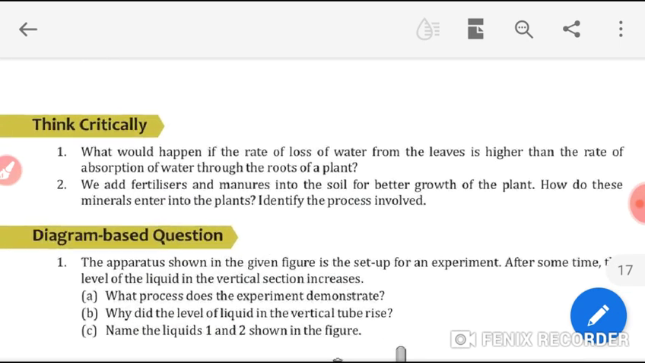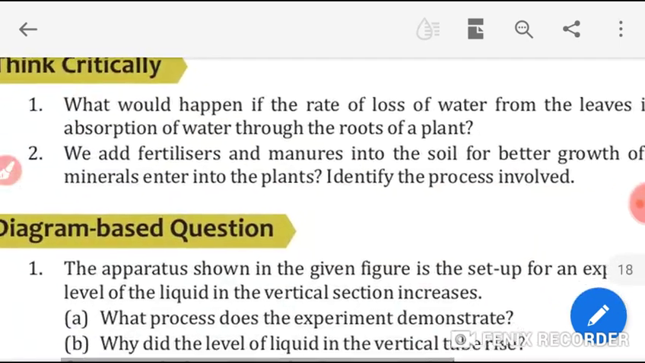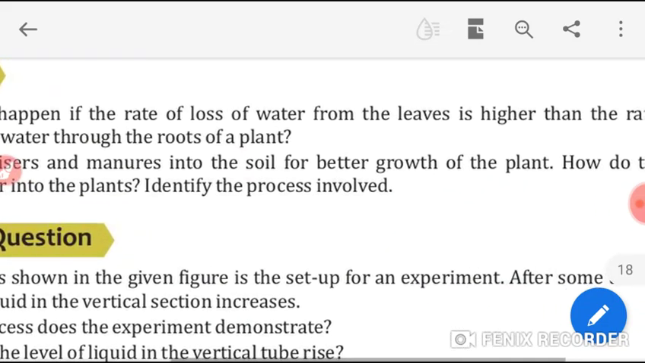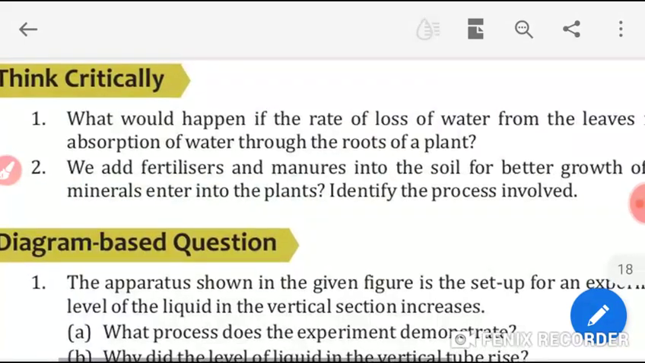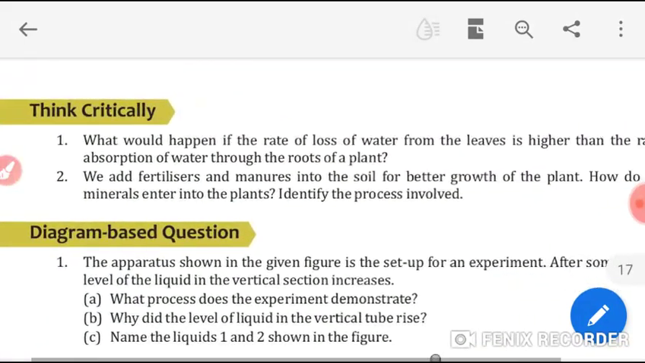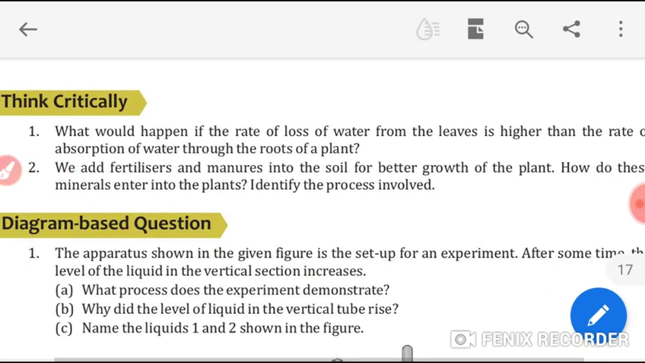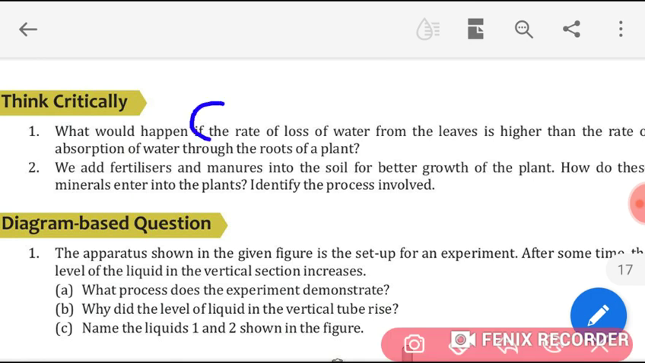Okay students, now come to think critically. Number 1: what would happen if the rate of loss of water from the leaves is higher than the rate of absorption of water through the roots of a plant? So students, write this question. I am dictating this answer. First of all, you have to write this question. If the rate of loss of water from the leaves is higher than the rate of absorption of water through the roots of a plant, now write, students, then